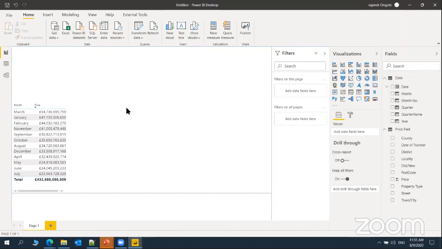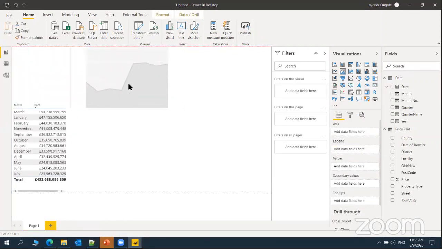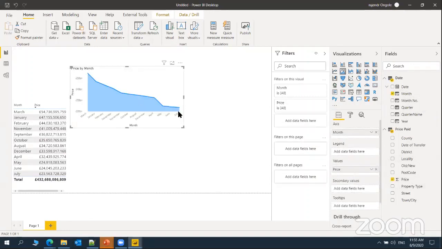If you have any questions, please let me know. Let me take an area chart. These are all things we will do once the cleaning activities have been completed. So I'm just taking the area chart now. In that, I will take month on the x-axis, and the price should be on the value, because the value should be in the price. That is a numeric field. So once we're done, we get it like this.